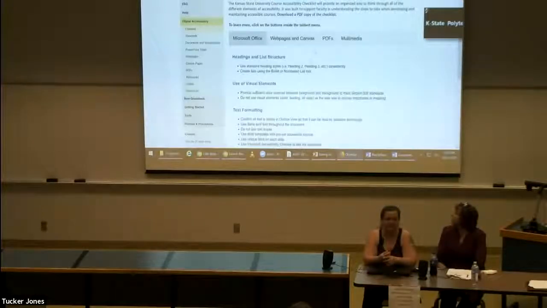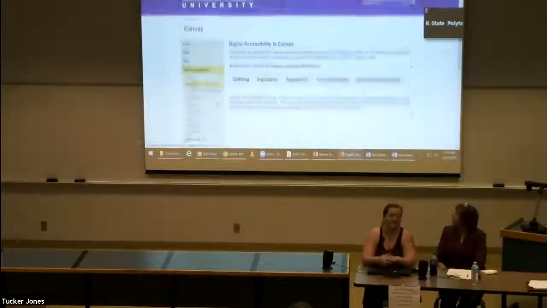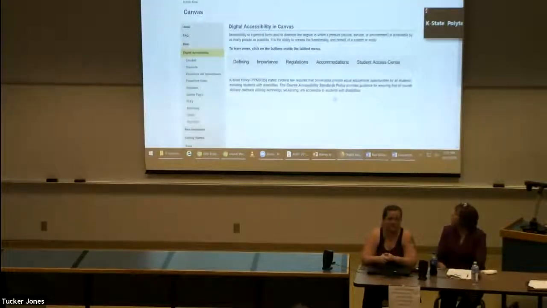So canvas.ksu.edu/info. Digital accessibility is the area that you need to go to. And all these points are available and more. And so they have links to all of the different resources on how to understand